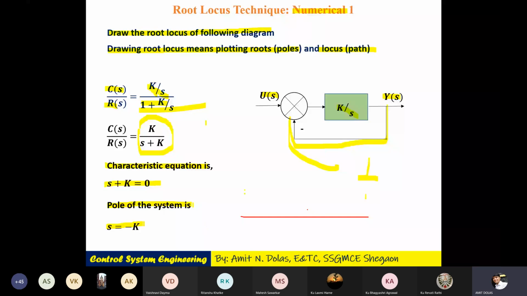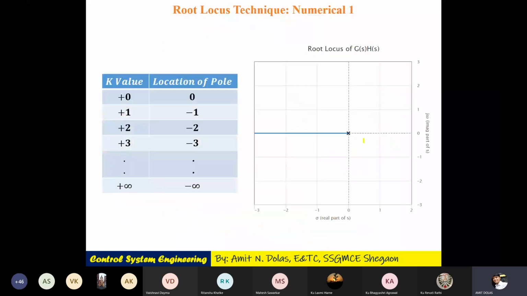ये थोड़ा pointer problem दे रहा है. So where are the root available? अगर निकालना है तो if you use test point somewhere here, no poles and zeros on the right hand side of test point, so there will not be root. If you put the test point here somewhere towards minus infinity, there is one pole available, that is odd number. Therefore, this complete will be the root. Okay. So minus k. So how to plot the root locus? Already it is there. So this is the root locus. This is minus k.